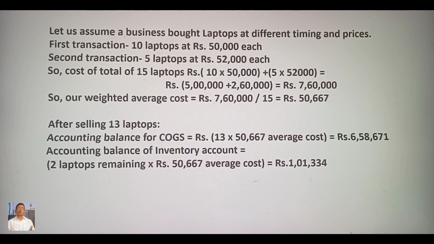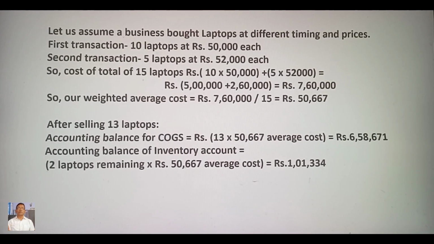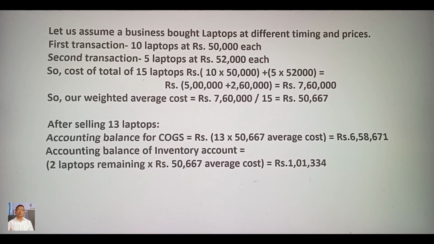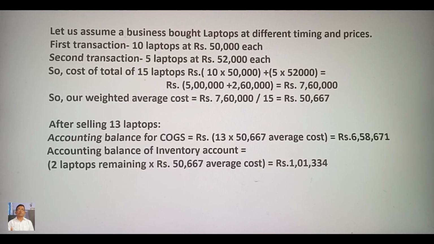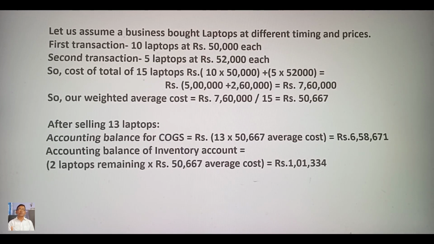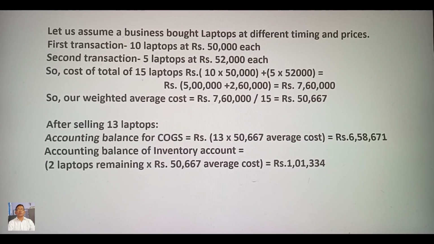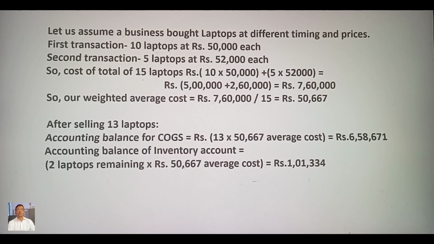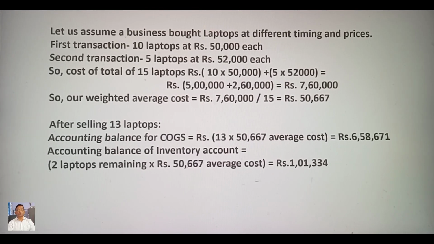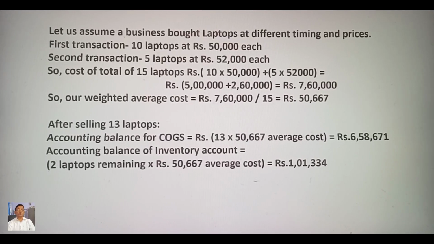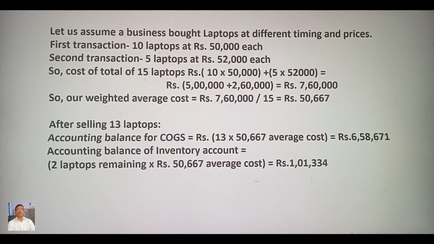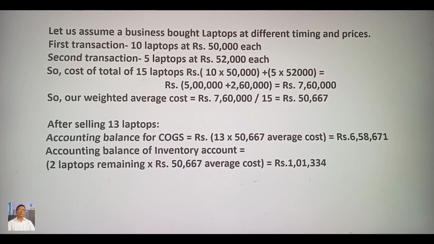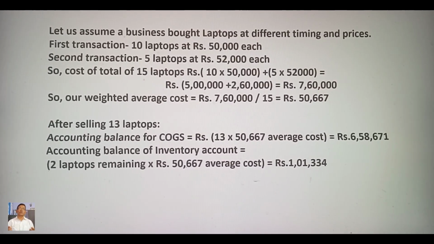So, cost of total 15 laptops: rupees 10 into 50,000 plus 5 into 52,000 is equal to rupees 5 lakh plus 2 lakh 60,000 is equal to rupees 7 lakh 60,000. So, our weighted average cost is equal to rupees 7 lakh 60,000 divided by 15